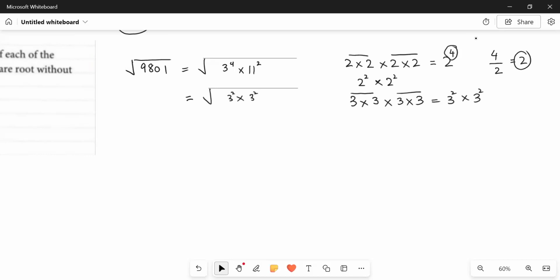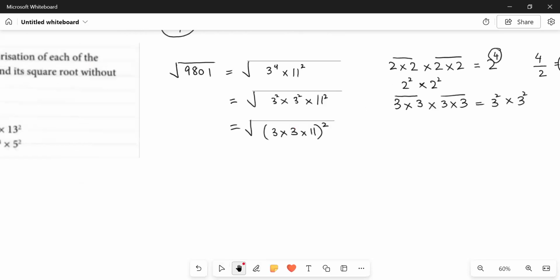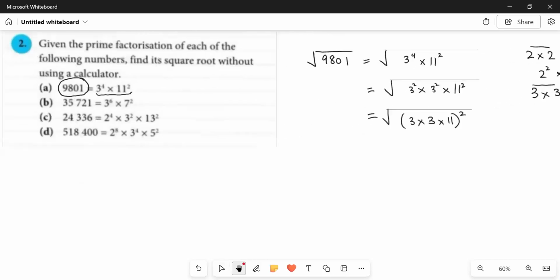3 raised to power 4 का मतलब क्या है? देयर आर 4 3s. ठीक है, आपने सबको अलग अलग करके लिखा. नेक्स्ट मेक द पेयर्स, उसके पेयर्स बनाइए और बस जब आपके पास सारे फैक्टर्स इन पेयर्स आ जाएं तो राइट देम टुगेदर इन अ ब्रैकेट. ठीक है, एंड पुट द पावर 2 एज अ होल. अब आप यहाँ पर इसको आराम से सॉल्व कर सकते हैं. इसमें कुछ भी मसले वाली बात नहीं है.